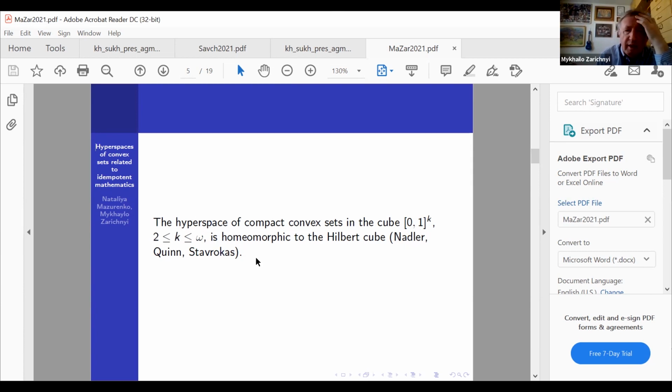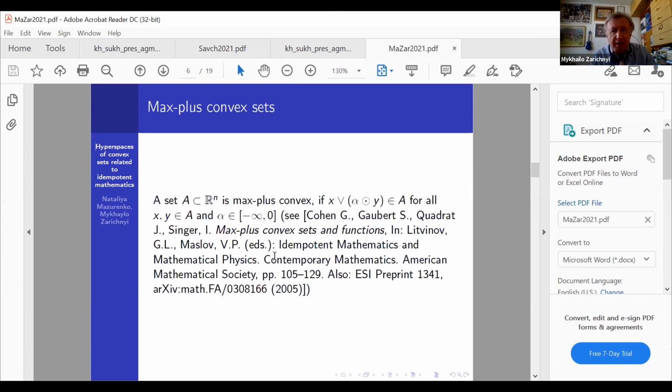This was proved by Nadler, Quinn, and Stavrakas, and this is a counterpart of the Curtis, Schori, and West theorem that the hyperspace of all compact sets of any Peano continuum is homeomorphic to the Hilbert cube. Well, now I switch to the so-called idempotent mathematics,